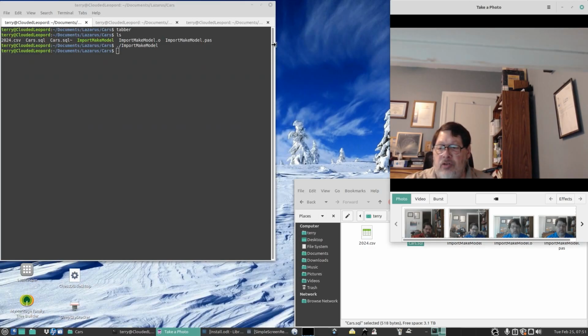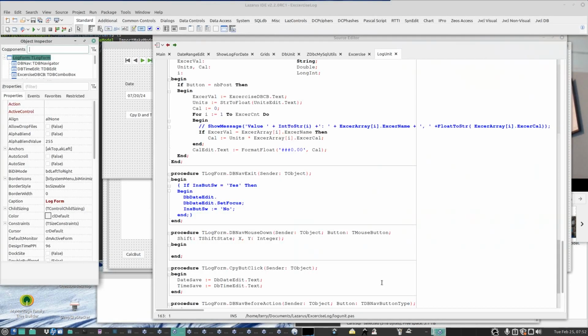Today we're going to discuss creating a database that is graphical. First of all, we have to get into Lazarus. So start your Lazarus app, and